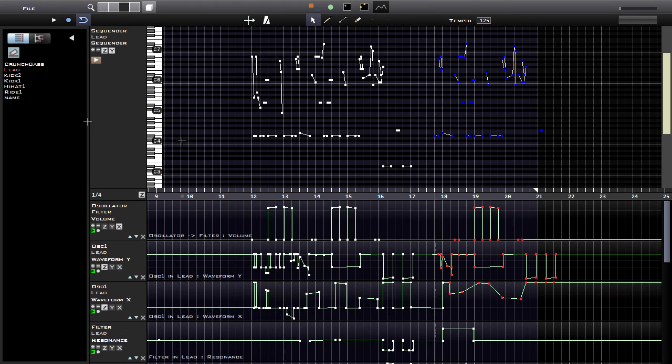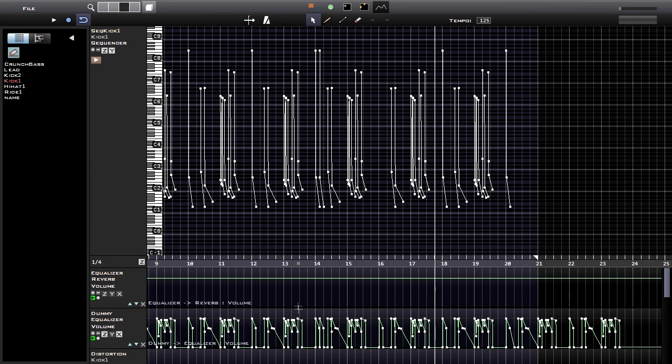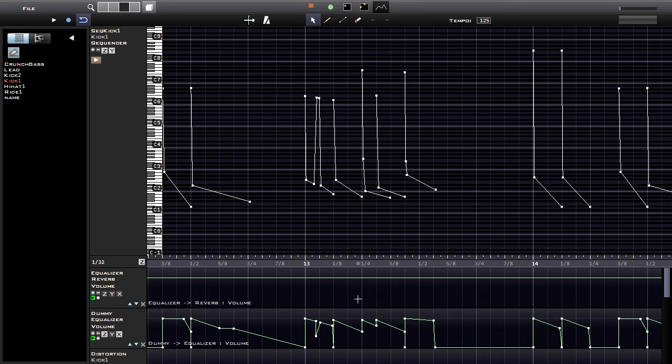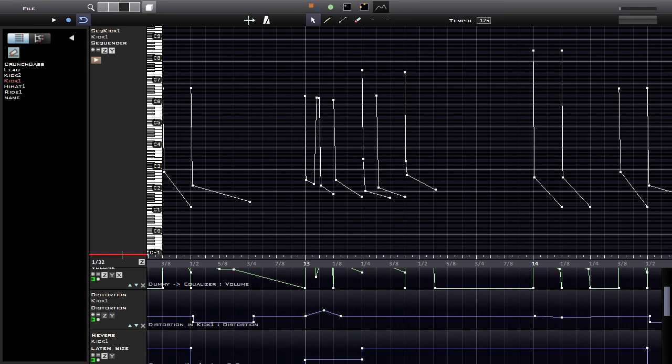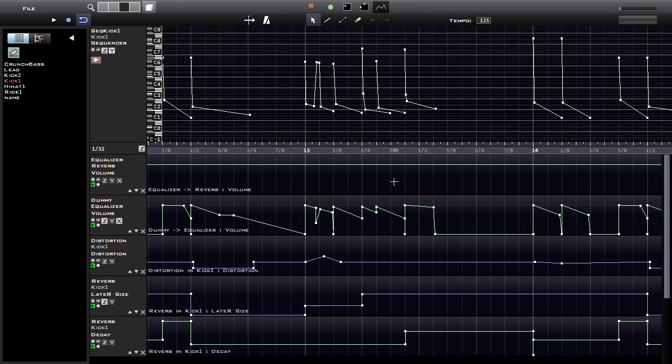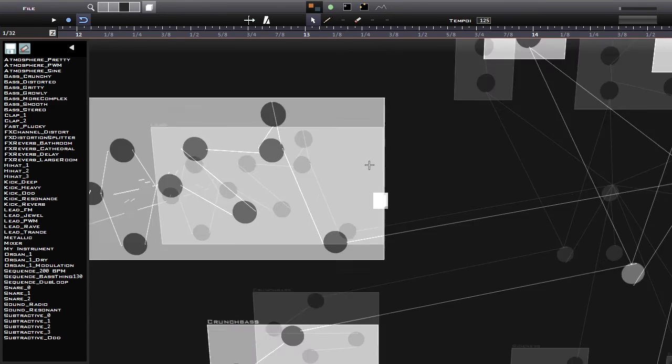So with each one of these, again, I have a sequencer and I have the relevant automation below. Okay, now I haven't covered sequencing just yet, and I haven't covered automation editing. I'm going to leave these for a future tutorial, but I think that this video gives you a pretty good basic understanding of the software. It should be enough to get you started, so thanks for watching,